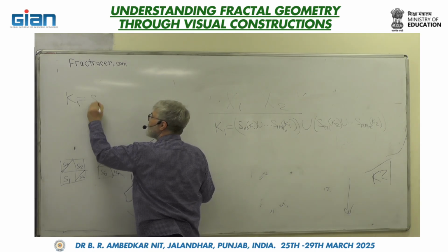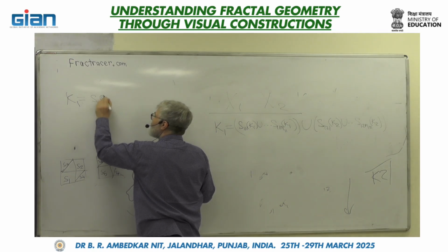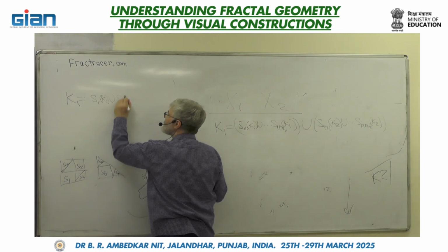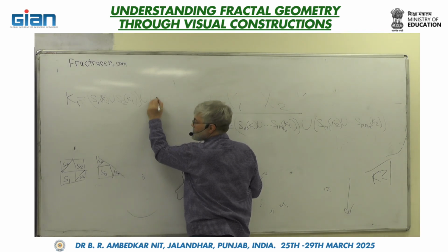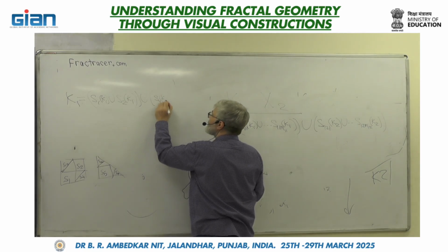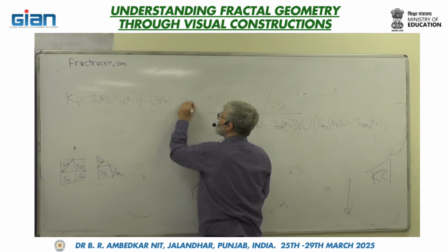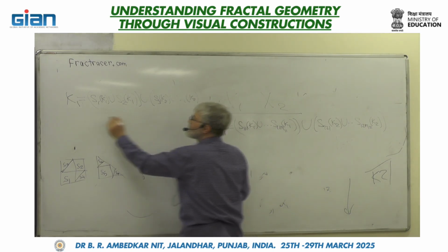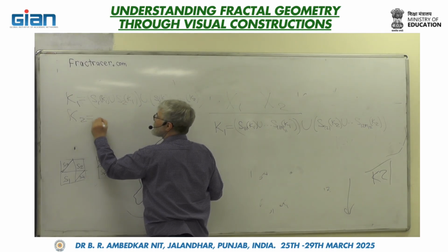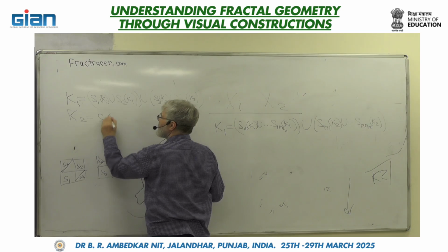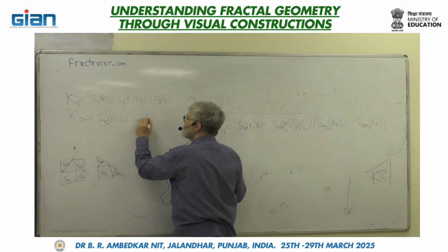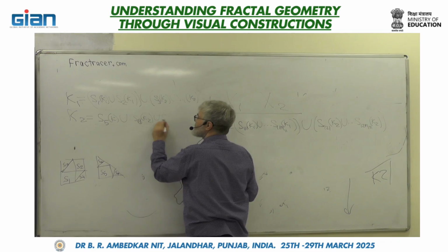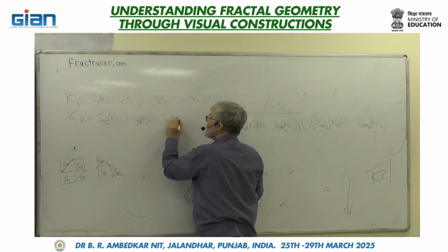K1 is equal to S1 of K1 union S2 of K1, yes, and union S3 of K2 union S4 of K2, yes, and similarly we have K2 is equal to S5 of K1 union S6 of K2 and S7 of K2. You see,